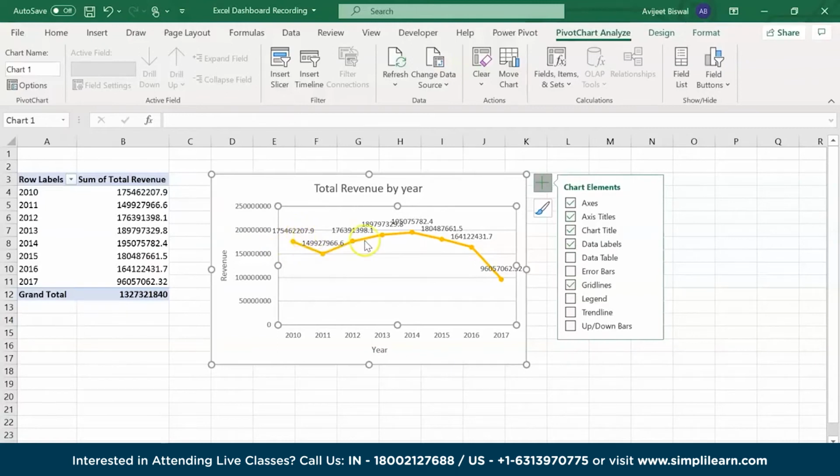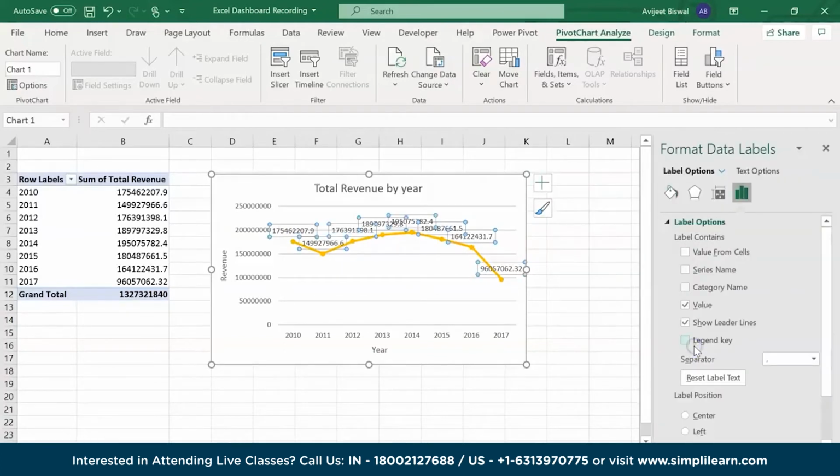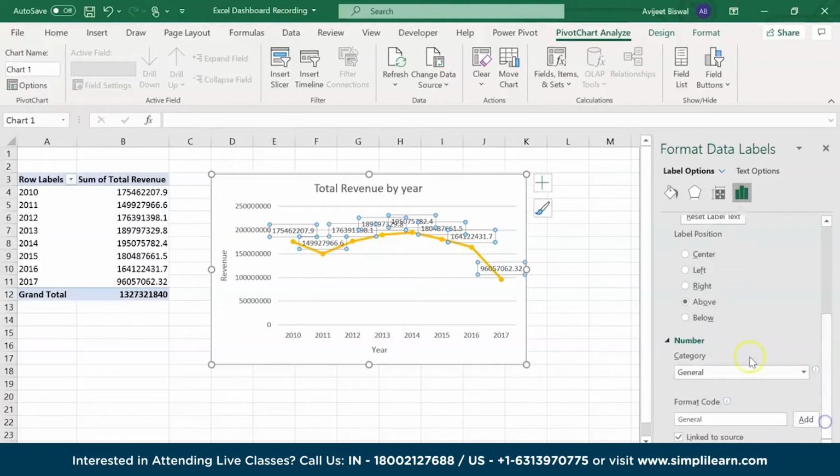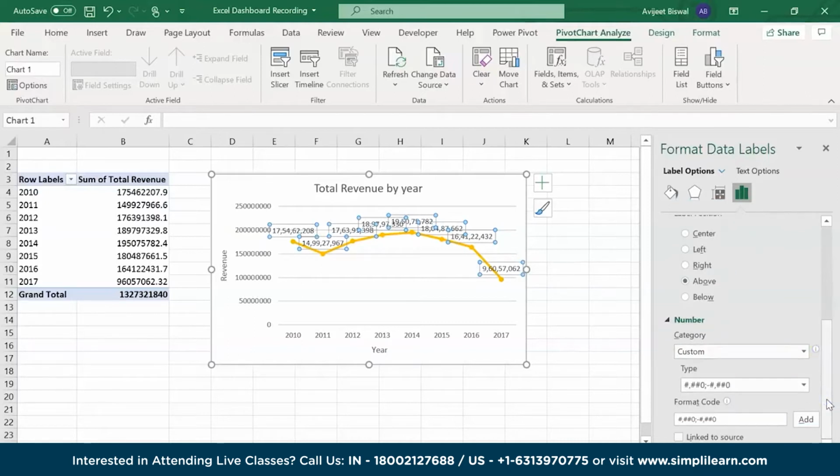Now this is not readable at all, so we'll format this a bit. If I click on this arrow, here I have more options. If I scroll down, you can see we have something called as number here. I'll expand this, and under category I'll select custom. Now here we'll give a format code which is a bit different. So this is actually a kind of a formula. So I'll write if my revenue value is greater than, let's say,